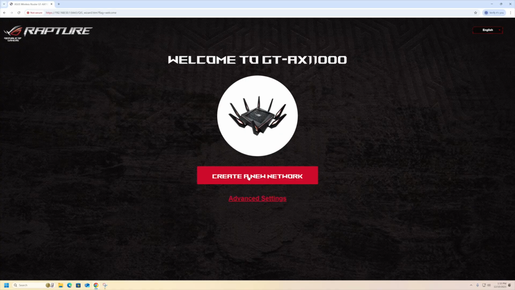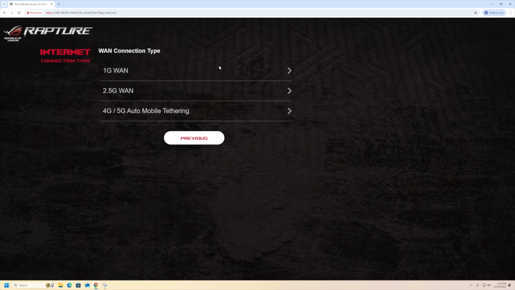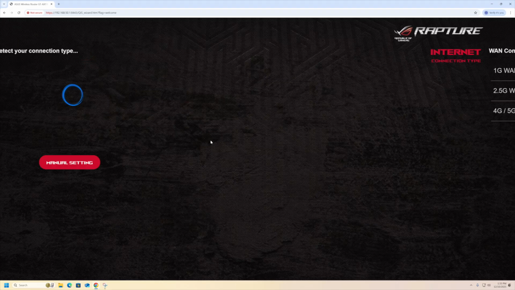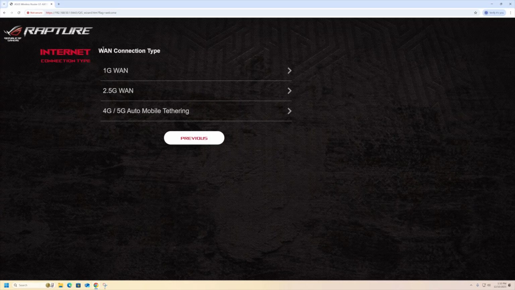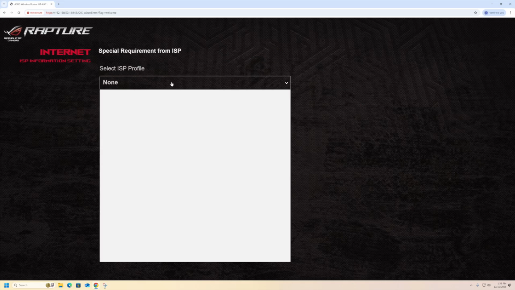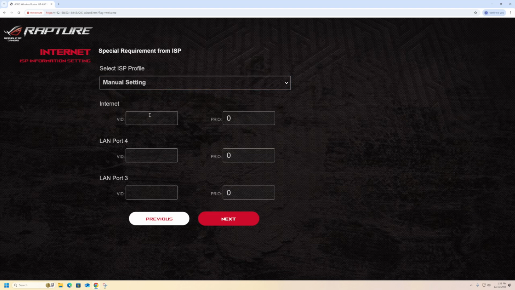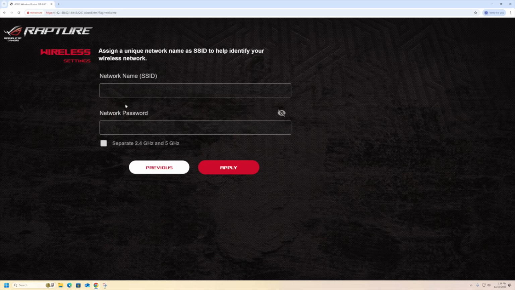And this time we're just going to click on create a new network. And then we're going to go immediately into manual setting. Did that one a bit fast, sorry about that. So again, manual setting. And we're going to do WAN connection type as the 1 gigabyte. Special requirements by ISP. And then automatic IP, again back into manual, internet VID of 10, set up your Wi-Fi,